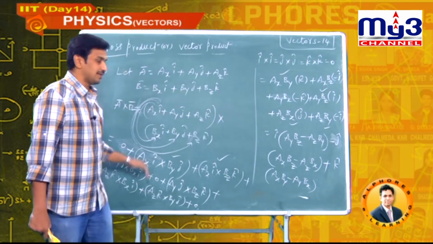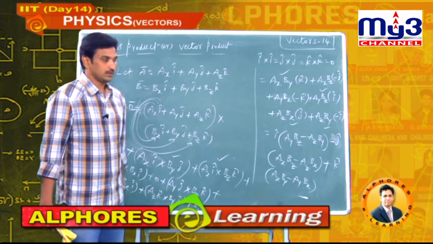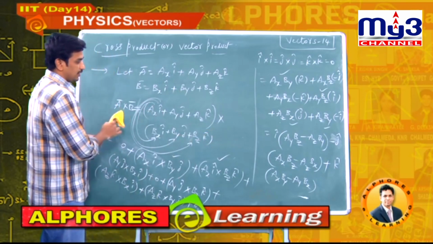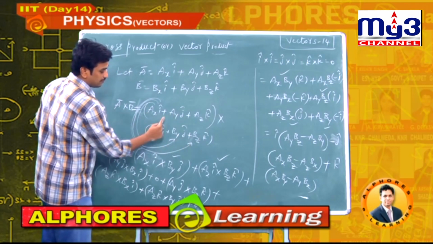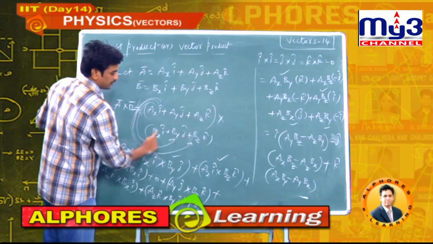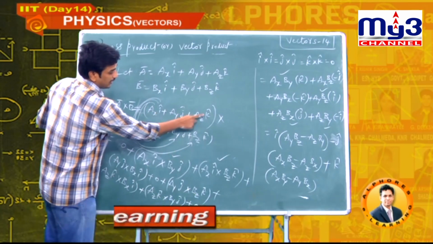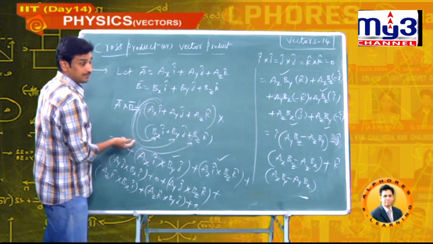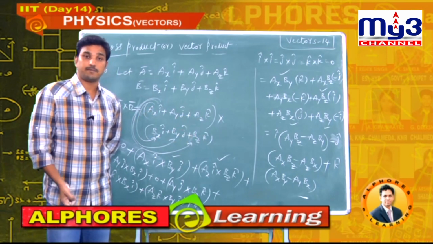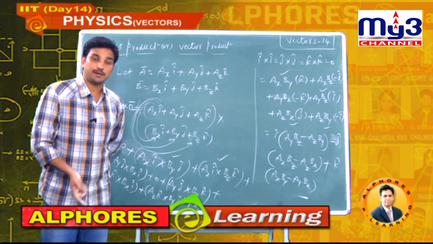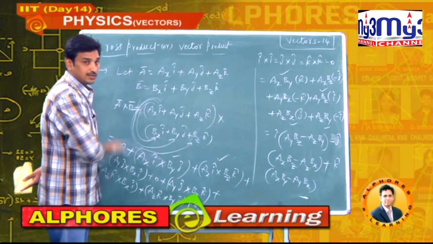In general the method is lengthy, but we have one more method as per your mathematics syllabus. We will do that method also. I think you got the clarity. First term with 3 terms, second term with 3 terms, third term with 3 terms. I cross I is 0, j cross j is 0 and k cross k is 0. Now the remaining we should take care. I cross j is k cap, j cross k is i cap, k cross i is j cap, reverse it's a minus. You should remember that and apply it here. Now the final answer is that.